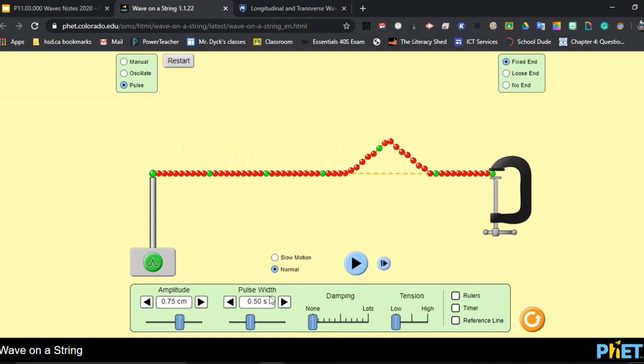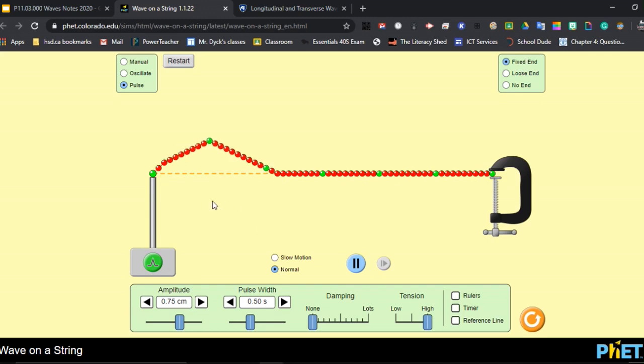So let's see if we decrease it all the way, how that actually changes things. And let's just restart this. So you can see that it definitely changes the way that the wave reacts. That's not a good representation, so just restart that, and there you go. So this would be for a fixed end over here. These are all going to be examples of